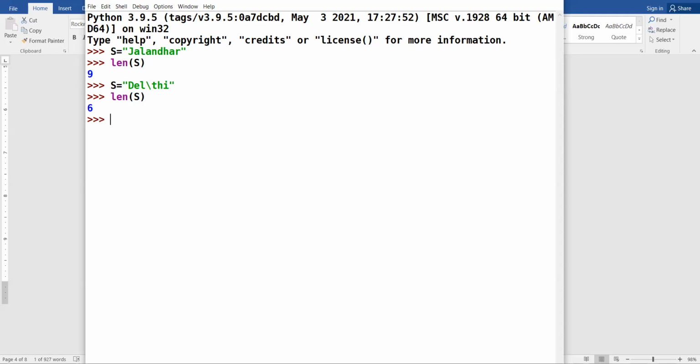If your string contains an escape sequence, that is also counted as one character. That is why the length of the Delhi string is 6. Am I clear, 11th, up till here?